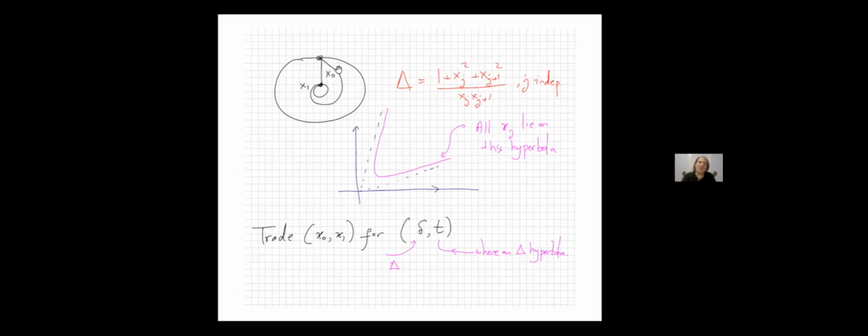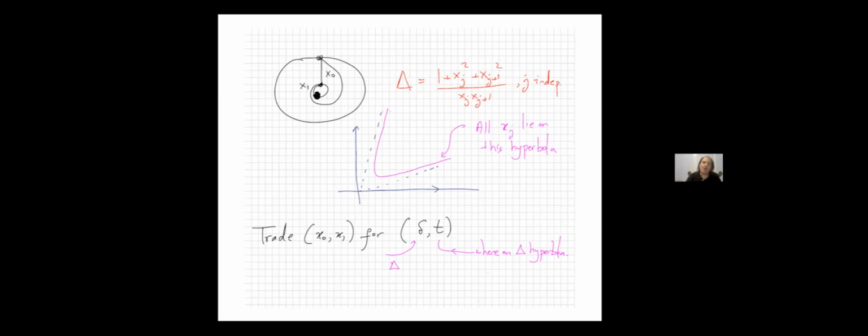if we just imagine now the length variables or the cluster variables associated with this surface, there is this famous quantity by now, even for us, which is invariant. It's x0 squared plus x1 squared plus 1 over x0 x1, and that's actually equal in all of them, no matter how much you mutate. So that's our favorite delta quantity. It's independent of j. And so that means that if I multiply by x_{j+1} and bring it to the other side, it's some quadratic expression in x_j and x_{j+1} for fixed delta.